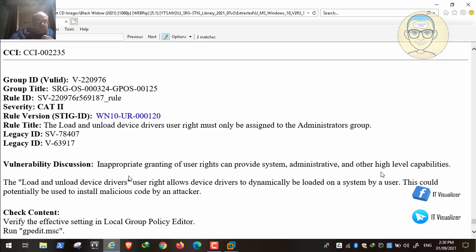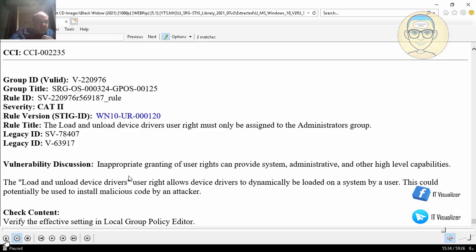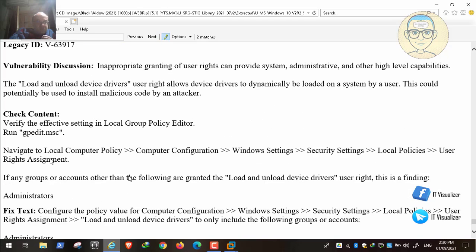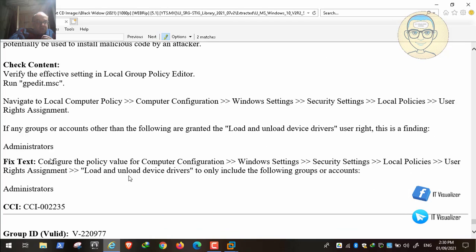This also should be given to the administrators. This could potentially be used to install malicious code by an attacker. Anyway, we need to assign this to administrators. Okay, so we can go and put it to administrators.